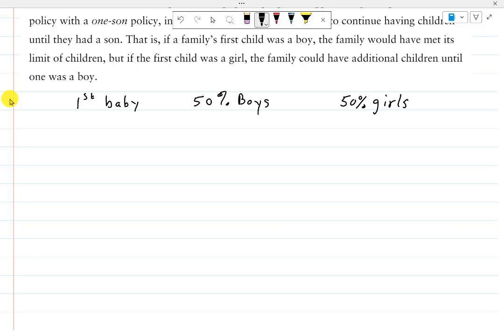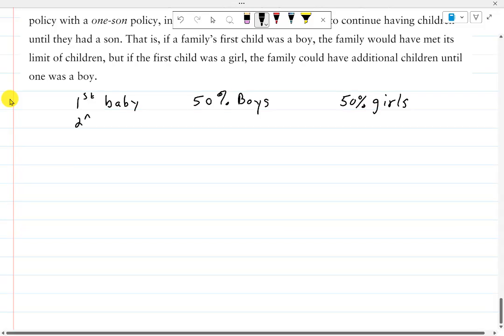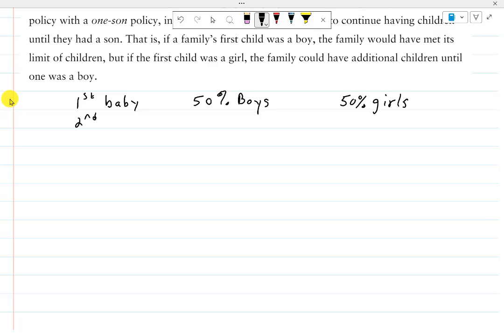They are done now. This column is finished because they've had their boys. Now these girls, though, they're allowed to keep going on. So the next round, second baby, still has a 50-50 chance of being a girl or boy. So you've got this 50%. Half of that makes 25%